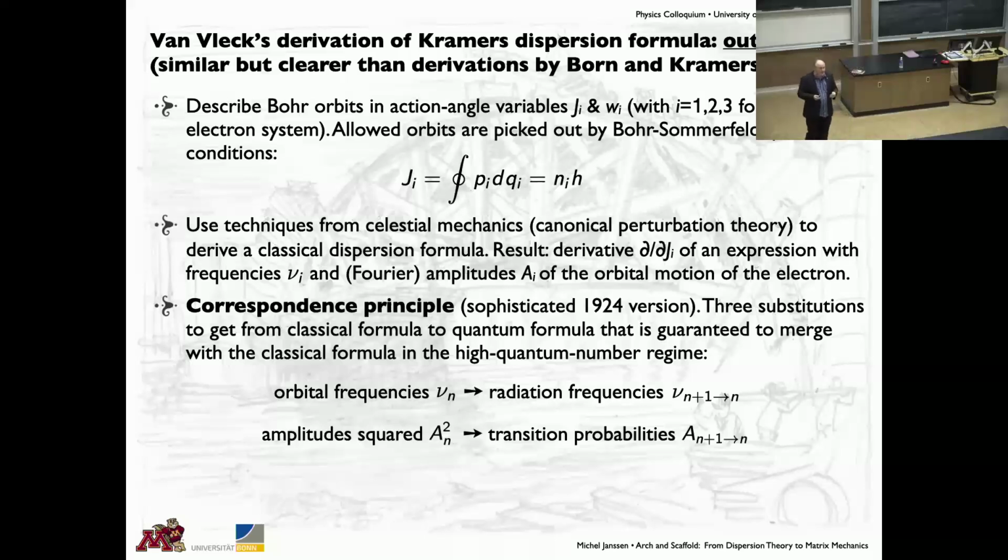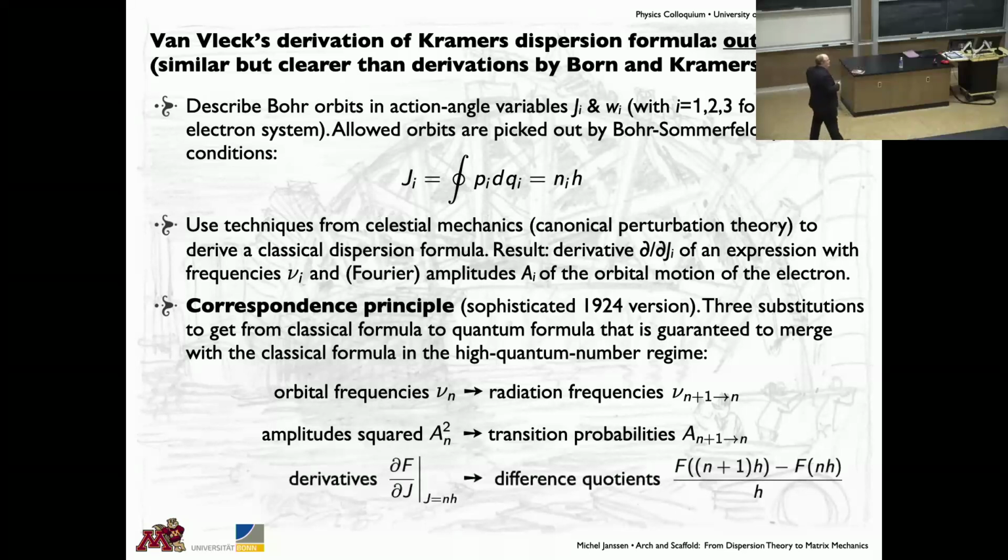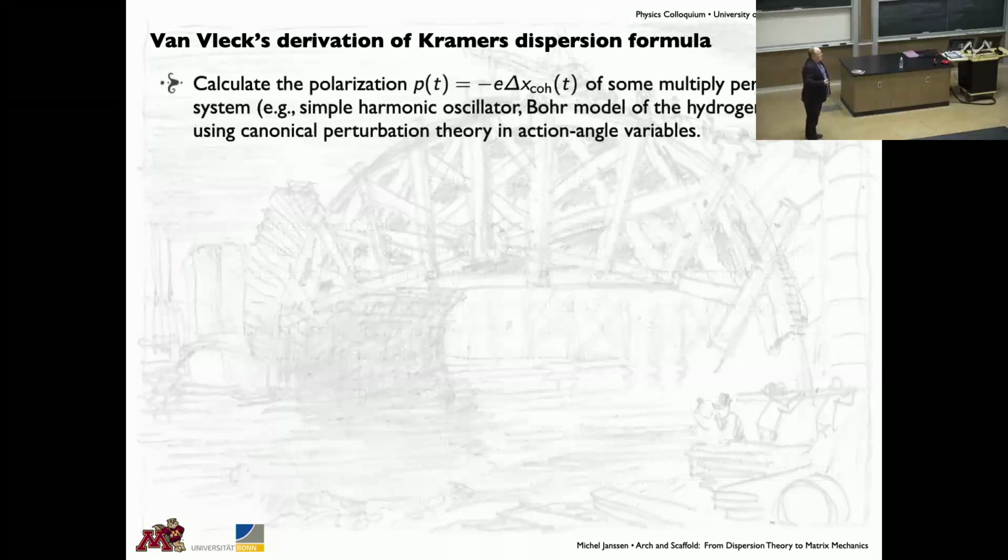This was the idea of Ladenburg and Reiche. And here is the new idea of Kramers that was independently discovered by Born and Van Vleck. It's often called the Born rule, not to be confused with the Born probability rule, but the Born rule. But it's really found by these guys independently. And that is that in the limit of high quantum numbers, you can actually replace derivatives by a difference quotient. Okay? And so this also explains why you had the 2 terms in that formula. All right, so now